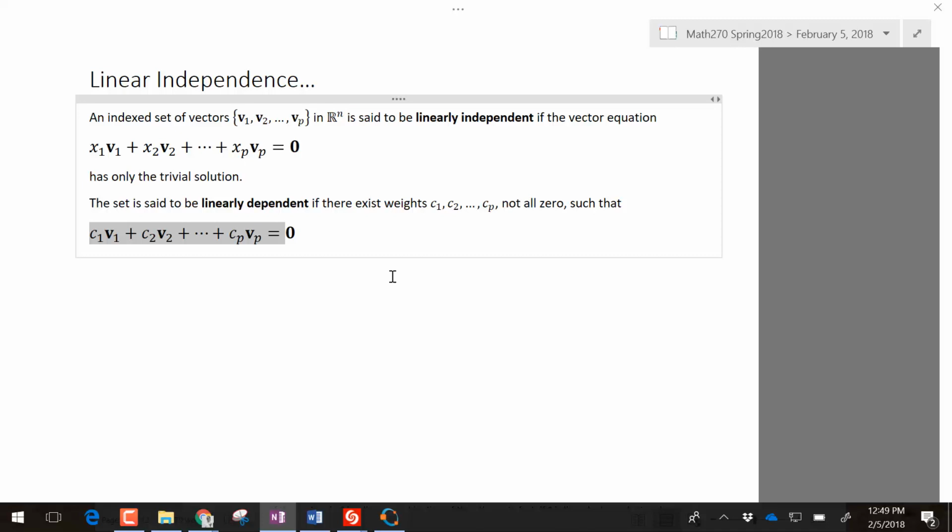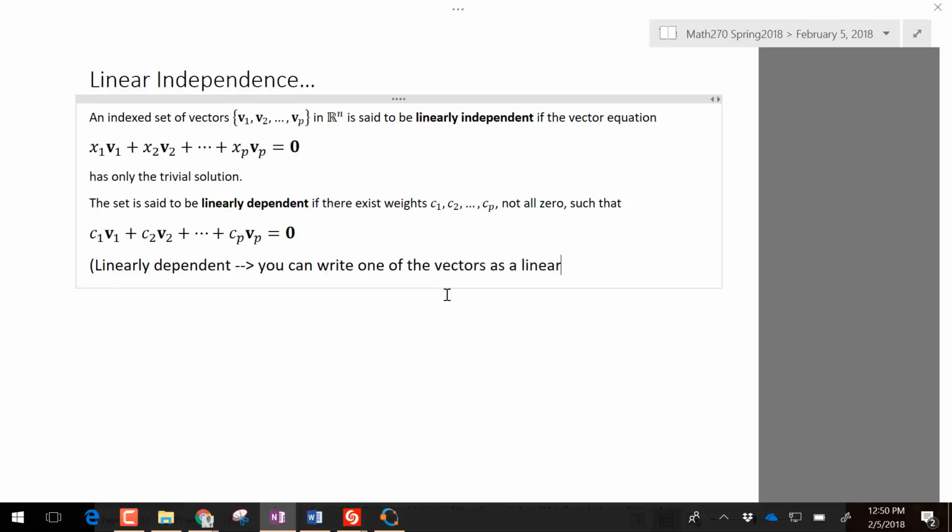And dependent, as it sounds like, would mean that we can write one of those vectors as a linear combination of the other. Maybe we can write that down for dependence. Linearly dependent. You can write one of the vectors as a linear combination of some other vectors. All right, so linear dependence means you can write one of the vectors as some other vector, and